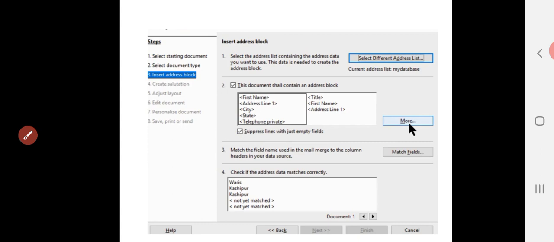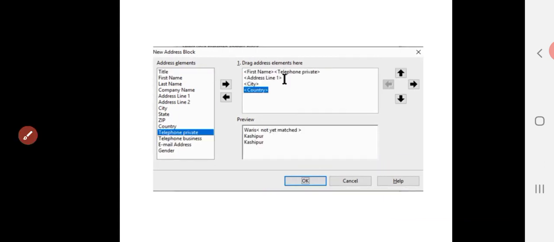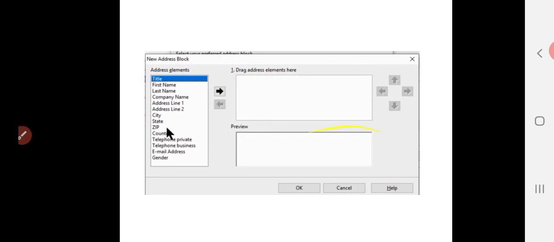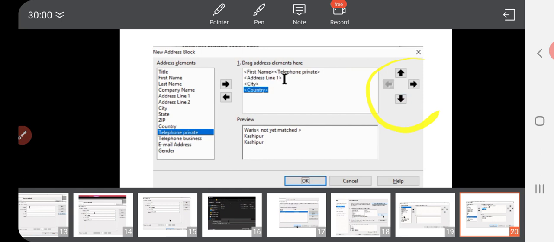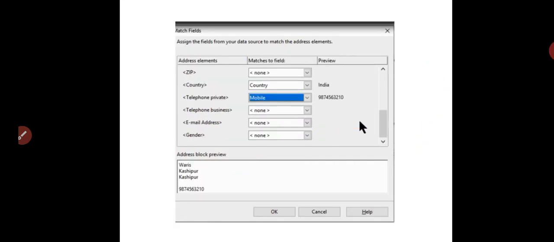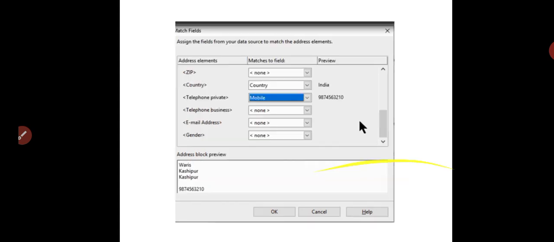Now after clicking on the OK button, we just have to select the rest of the things. Here we have the different field values. Enter your field values with the help of this arrow. And then here you can see we have the different field values. When you enter these values, your data will appear automatically, right? Click on the OK, and you can adjust your values with these arrow keys, right? And after that, you can see our template is selected.